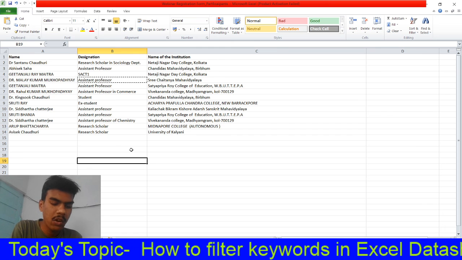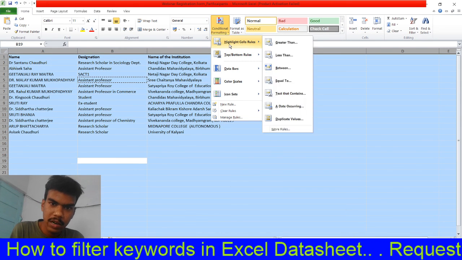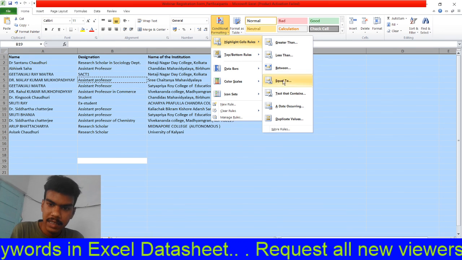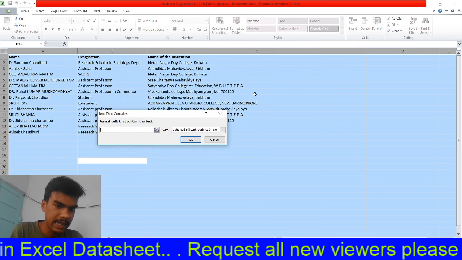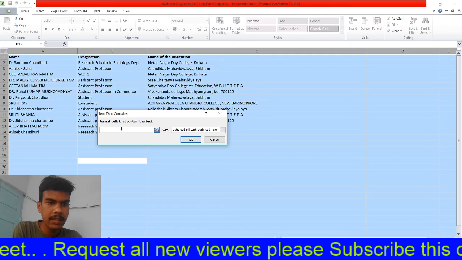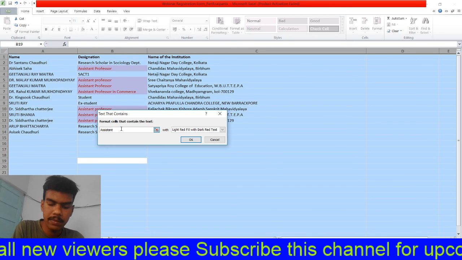Just press the Ctrl A button to select all, and click on conditional formatting, then click on highlight cell rules, then just click on text that contains. Here just write assistant professor